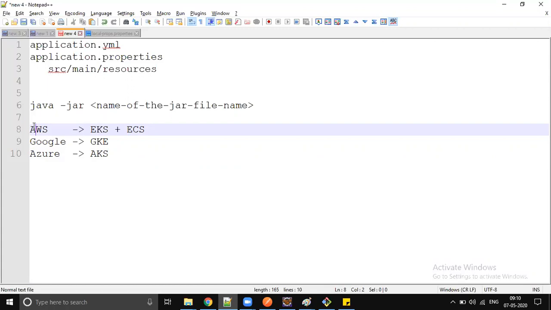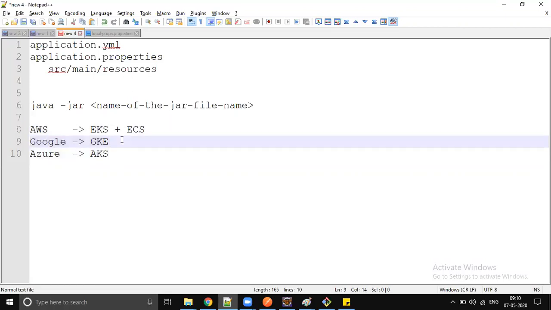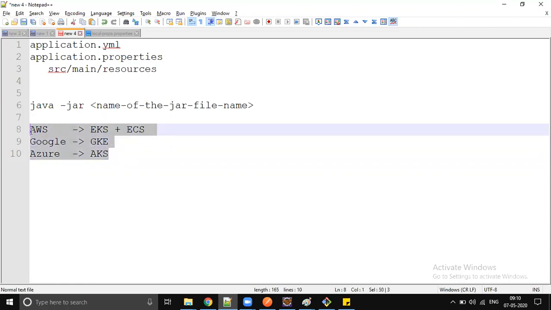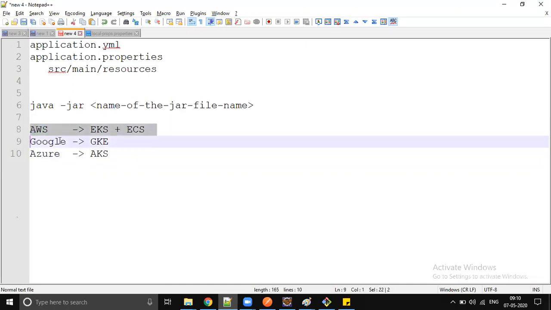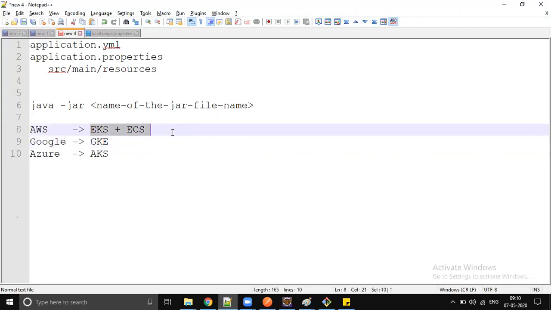I don't know whether we have any common compatibility, I am not sure. It might be available or not, but when you're going to deploy your Spring Boot application in a fully containerized, fully automated structure, we do use these services, EKS and ECS.